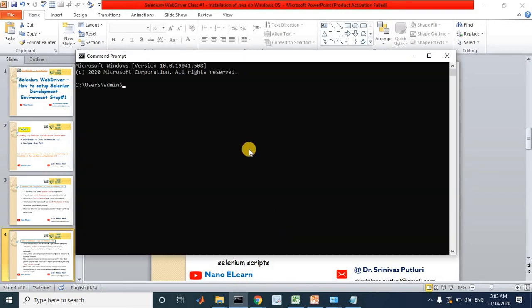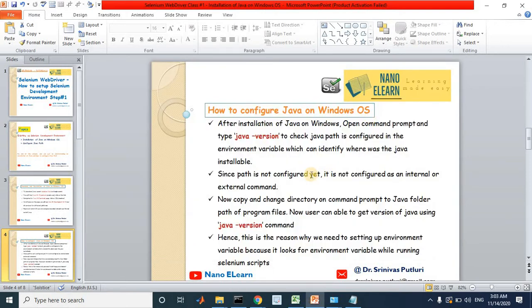So let us see how this works. Now type java -version. It says Java is not recognized as an internal or external command. You can see since the path is not configured yet, we are seeing this message.